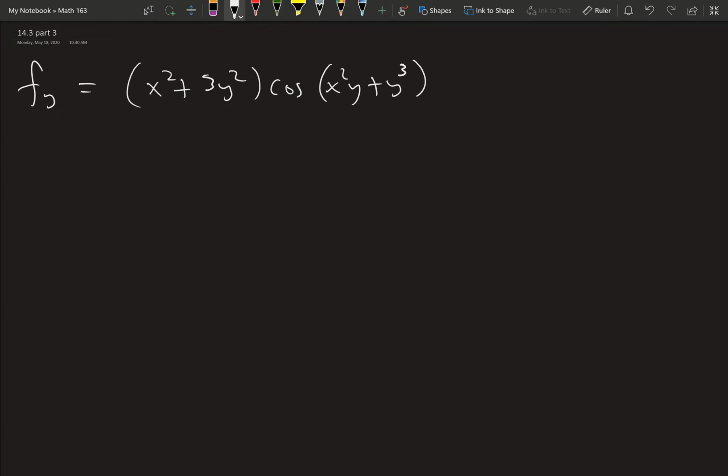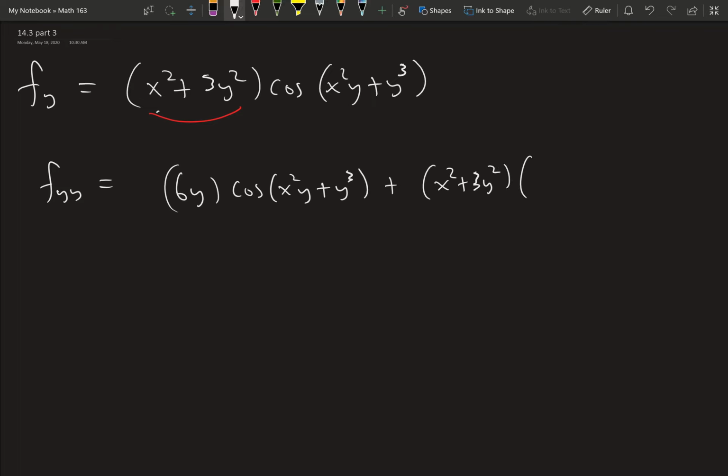Okay, this is a continuation of 14.3. We were about to compute the second order partial derivative with respect to y, which again we do by the product rule. We take first the derivative of this first piece with respect to y. We get 6y, and then we leave the second part alone, cosine of x squared y plus y cubed, and then plus we keep the first function